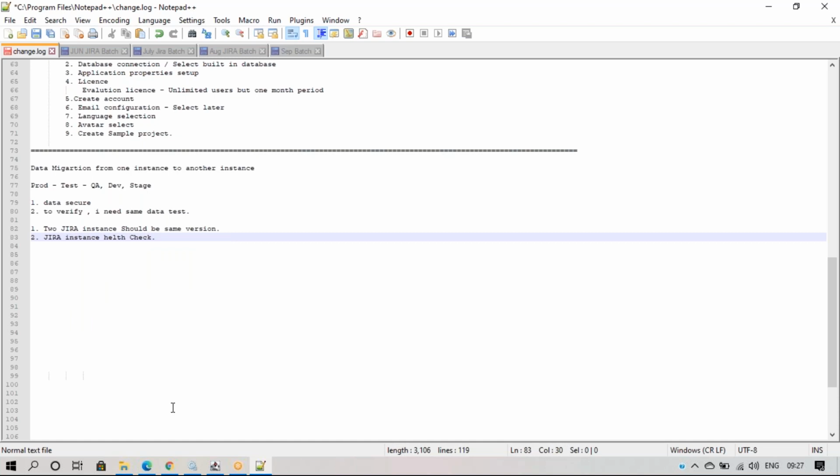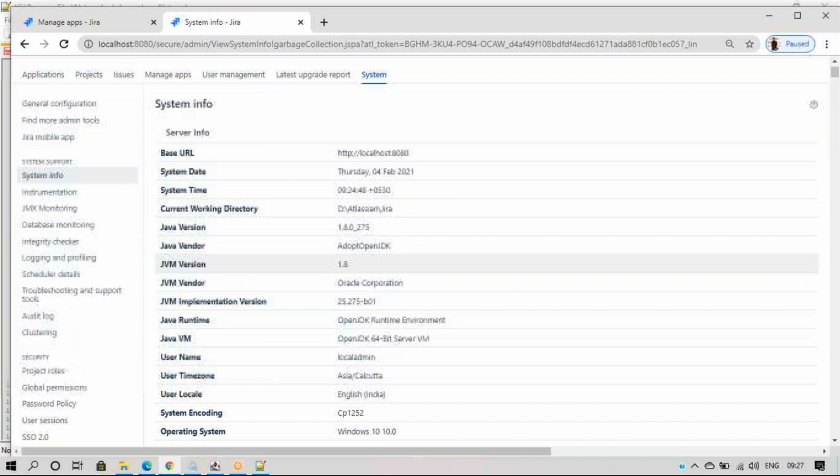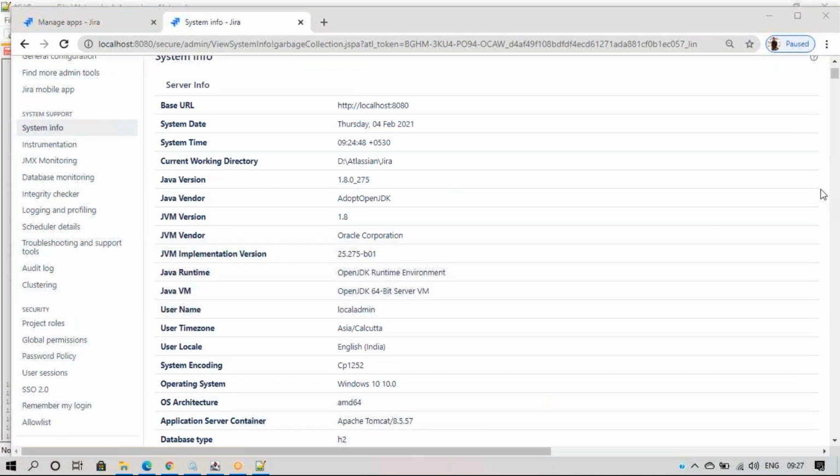So these are all prerequisites. At interview level, they might ask you about the Jira instance health check.